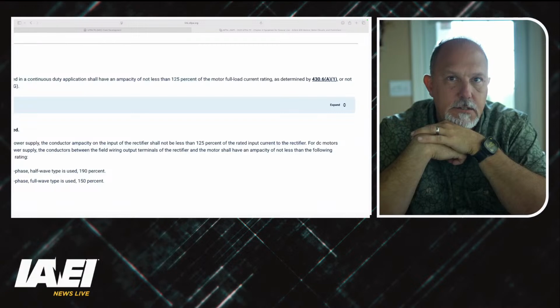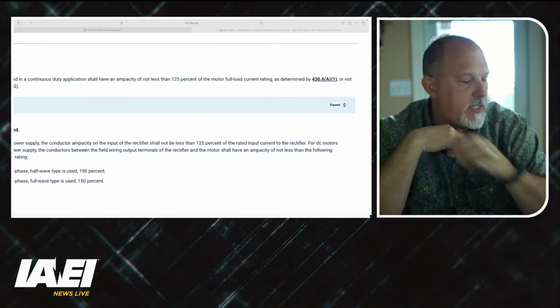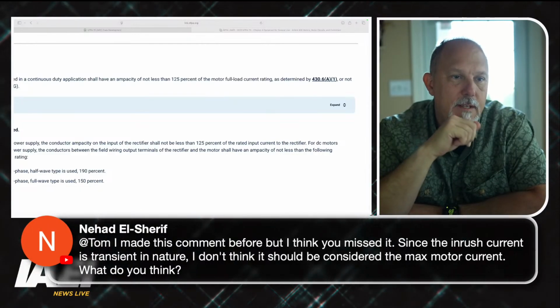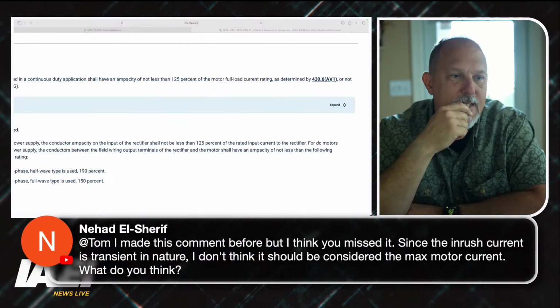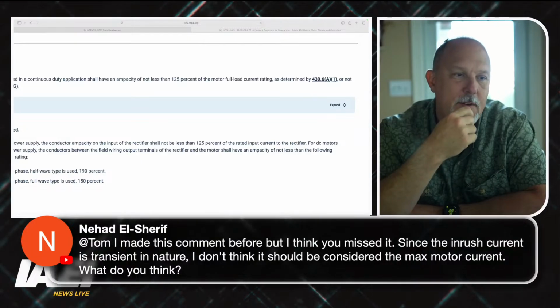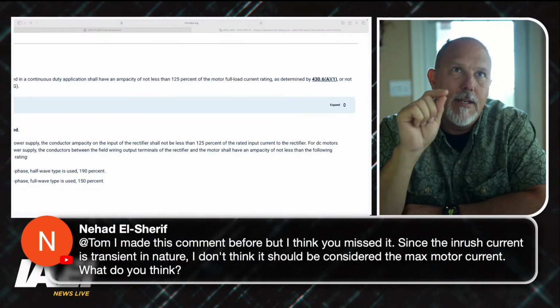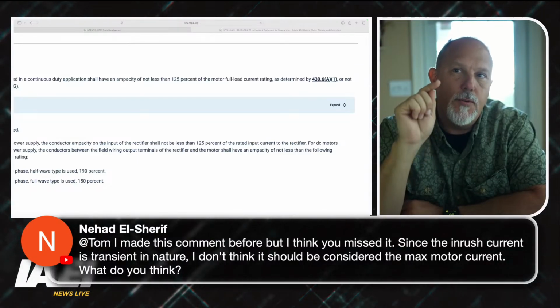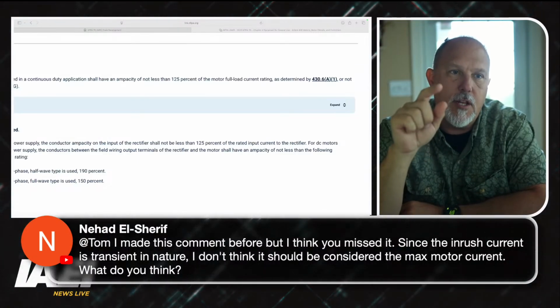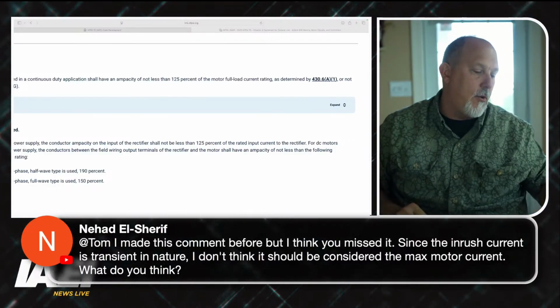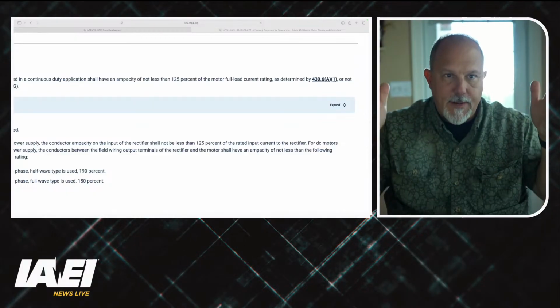Just when you thought the code was simple, right, Nihad? Since the inrush current is transient in nature, I don't think it should be considered maximum current. I agree. It's not. That's why a motor load is not considered a continuous load, and that's why you need this language. But now, so, Nihad, and everybody else on the phone,